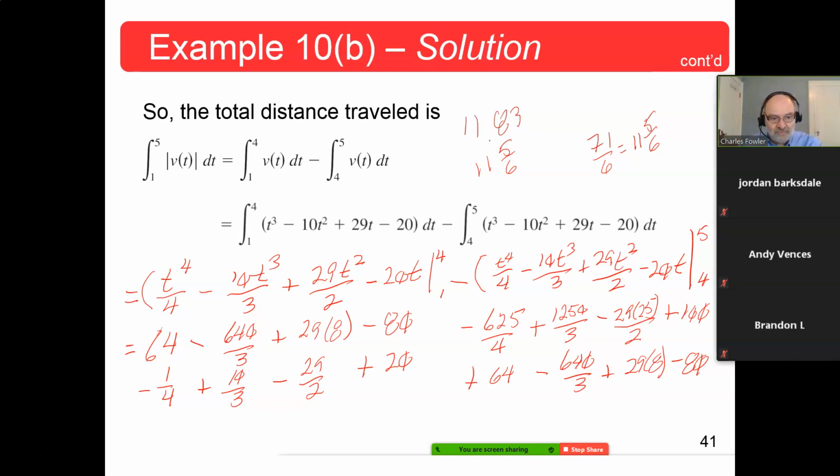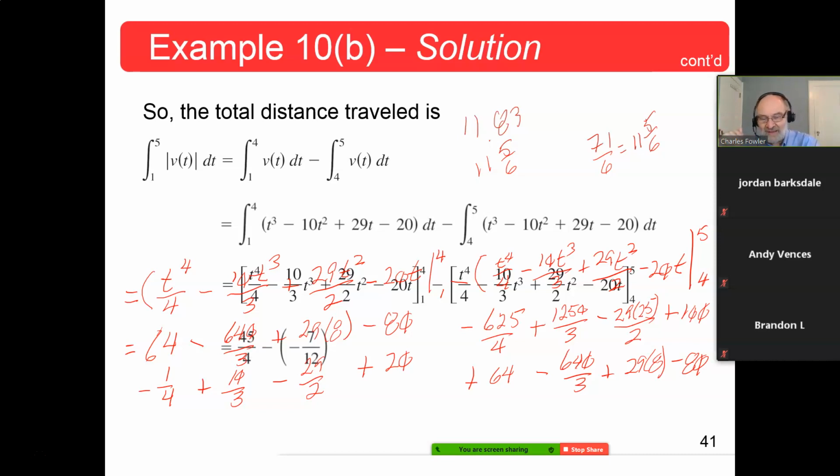Okay, so let's see how they proceed. You'll have to ignore my writing because they write over it. I can't erase on this mode. Okay, there was what we got. Something very similar to what we had. Yep, it's exactly what we got. And then they just magically got to 45/4 minus 7/12 and came out with 71 over 6, which we determined was 11 and 5/6 feet, which is exactly what we had. Okay, and that was the last slide in this slide set, in this section.